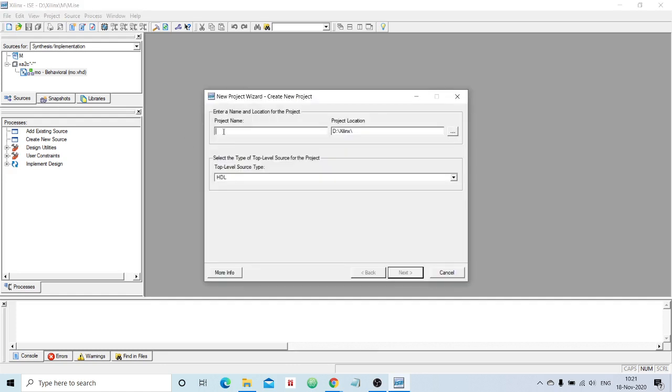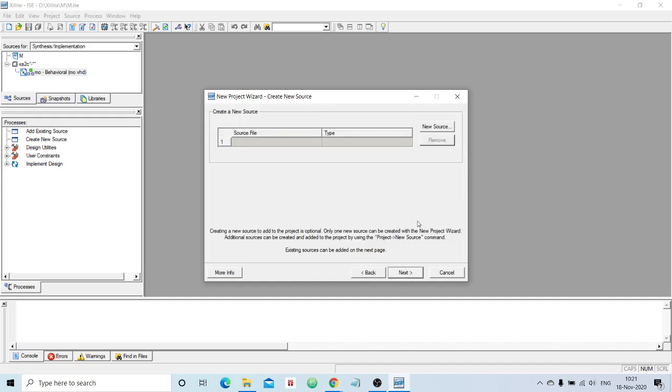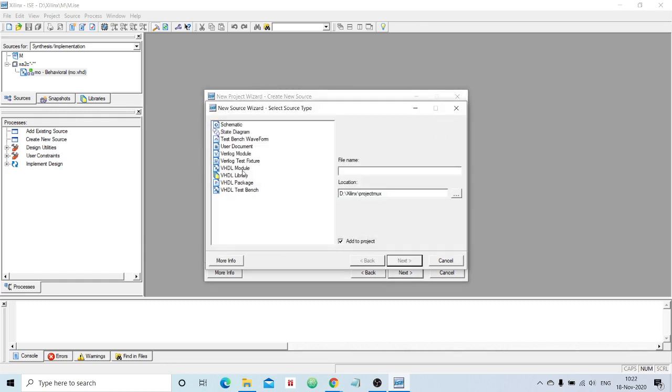I can give the name of the project as multiplexer or project mux. Don't worry about these default values. Click next, and every project should have one source file which is of type VHDL. Give the name of the module as yum. You can give any name.